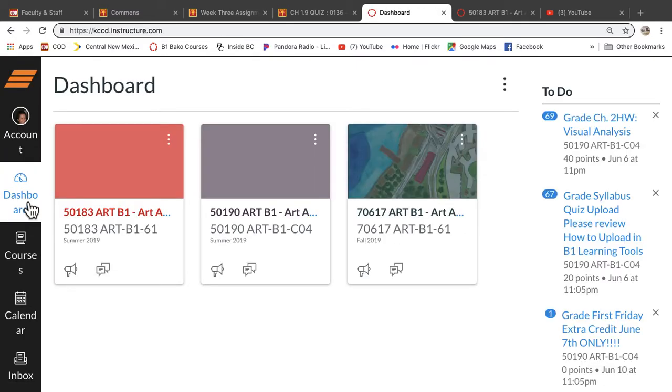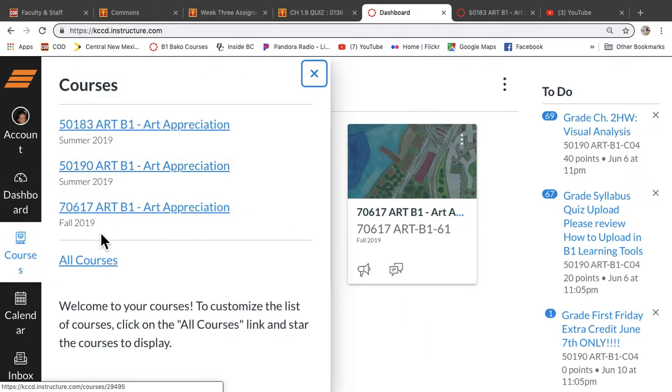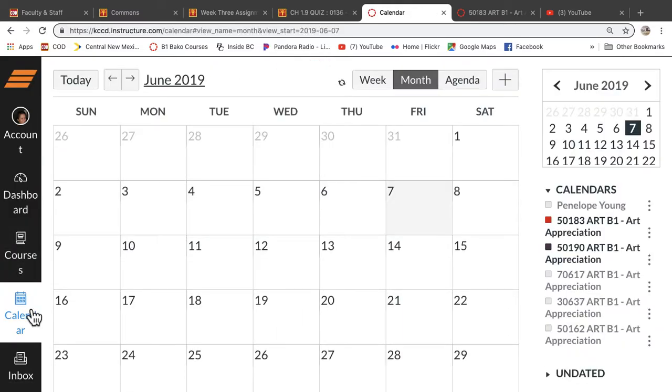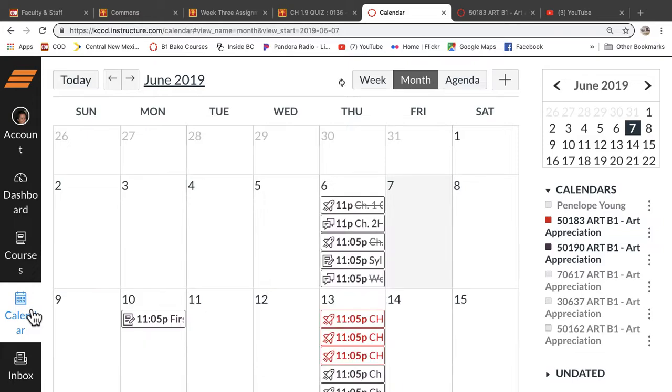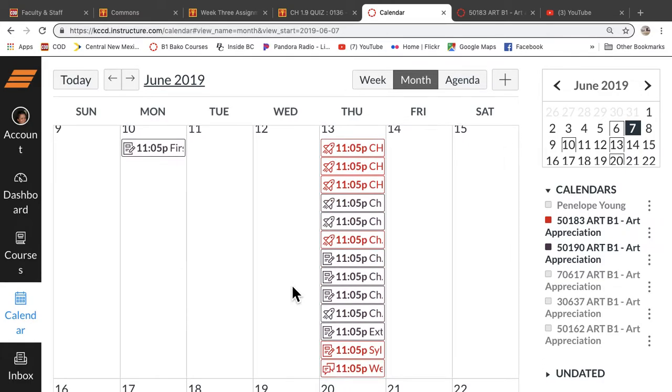Dashboard, now if you have multiple courses, which I do, then they're going to pop up here like this, and then to do is over here. I have all this grading over here to do from another course that I already started. Courses, kind of the same thing. That gives you a listing of what's active. Calendar, this is important. Make sure that you have your calendar set up like we were talking about from notifications up here, so that you have a way to look at all the work that's due.